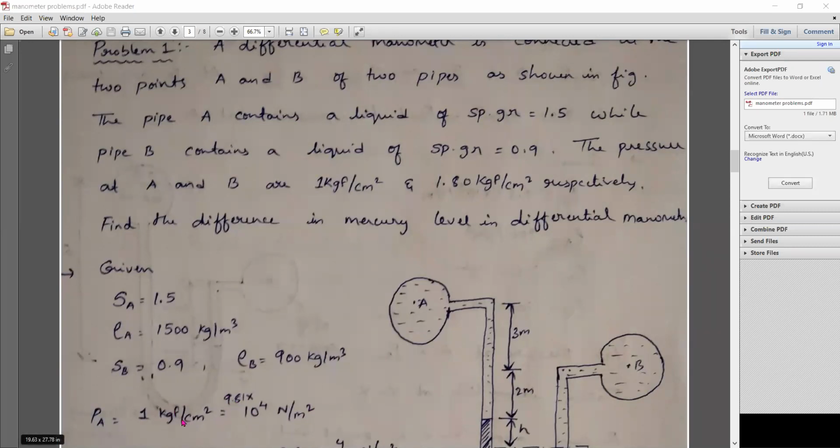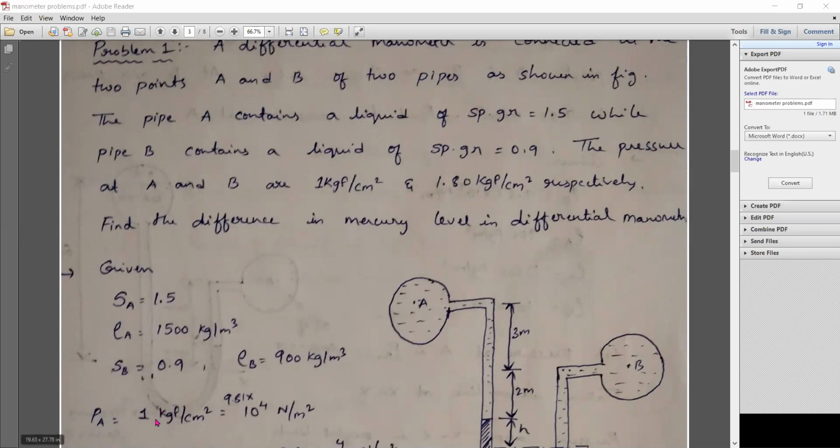Okay. So first convert kgf into newtons. So 1 kgf equal to 9.81 Newton, and this is divided by centimeter square. So in meters, you'll get 10 power minus 2 whole square. So 10 power minus 4 will be at the bottom. Take this to the top side, you'll get 9.81 into 10 power 4 Newton per meter square. Okay. So PA equal to 9.81 into 10 power 4 Newton per meter square now.